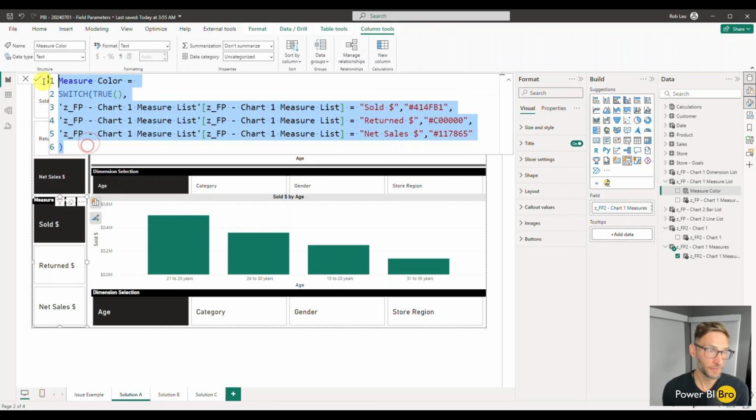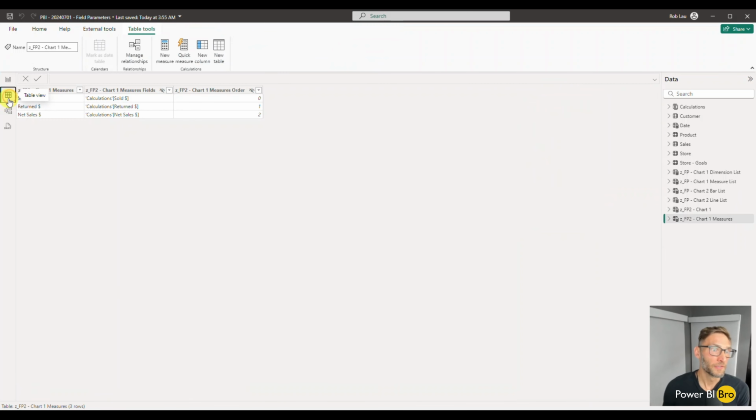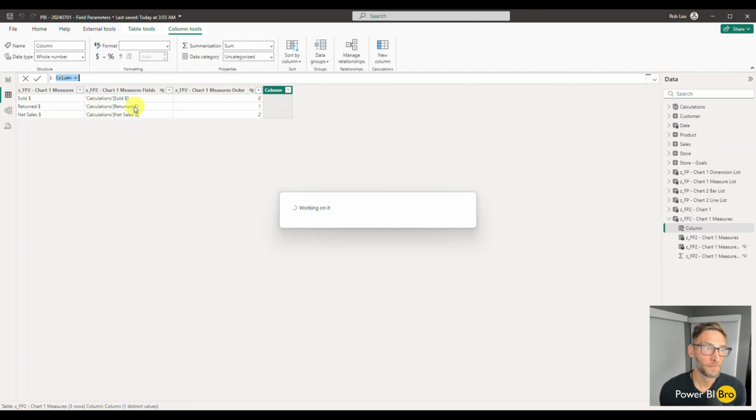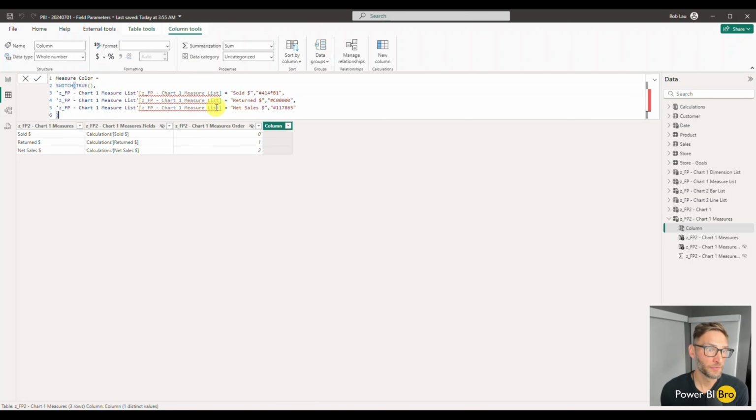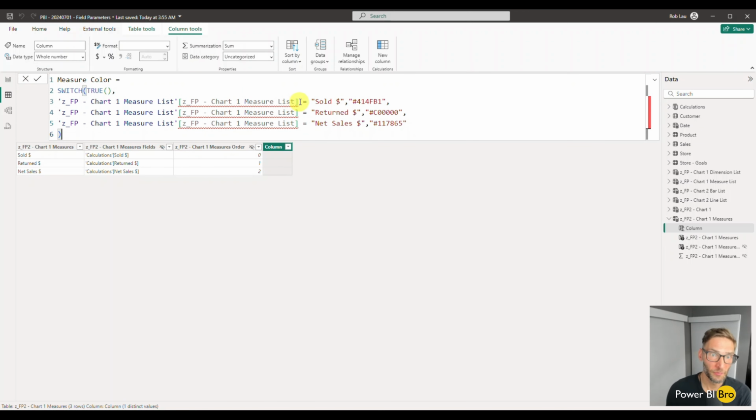So I'm going to copy this. And you can look at it if you're curious in this table view. It's a good way to analyze what you're doing. So we have our measures here. I'm going to go new column, and I'll paste what I just was talking about. Of course, it's not going to work. We need to reprogram it. So I'm going to do